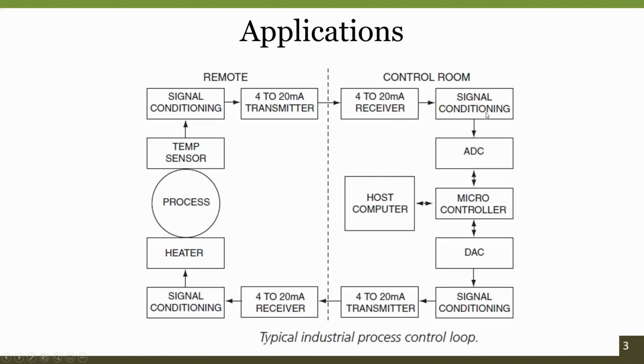Then again there will be a receiver which understands the current being recorded, and uses a signal conditioning circuit that converts your input current information into a voltage that can match the input ADC levels. If that does not match, again you are compromising on the accuracy of your ADC. You are not utilizing the complete levels of your ADC, you are compromising your ADC's capability. Then, as usual, once the ADC converts your input signals to digital, the digital controller takes the lead and does the complete processing according to the requirement.